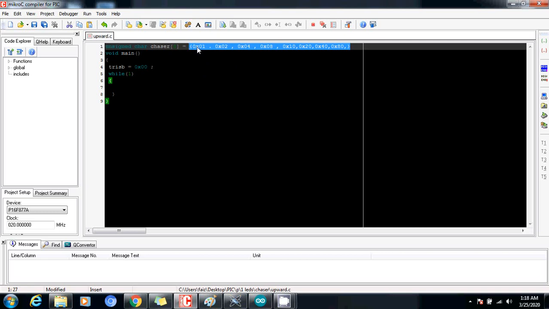So I have just written 0x01, 0x02, 0x04, 0x08, 0x10. So these are actually the hexadecimal codes